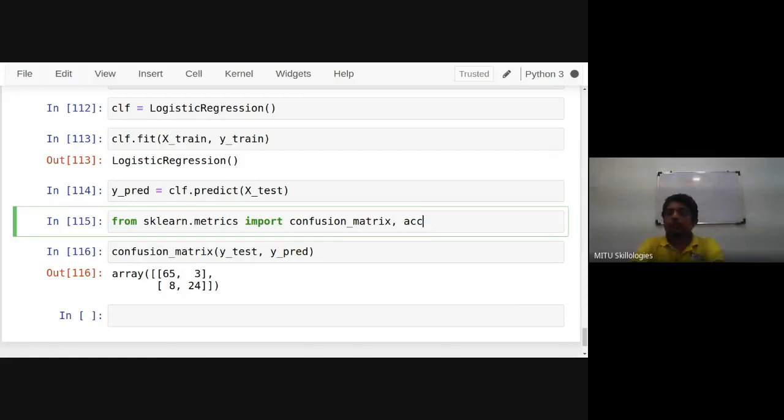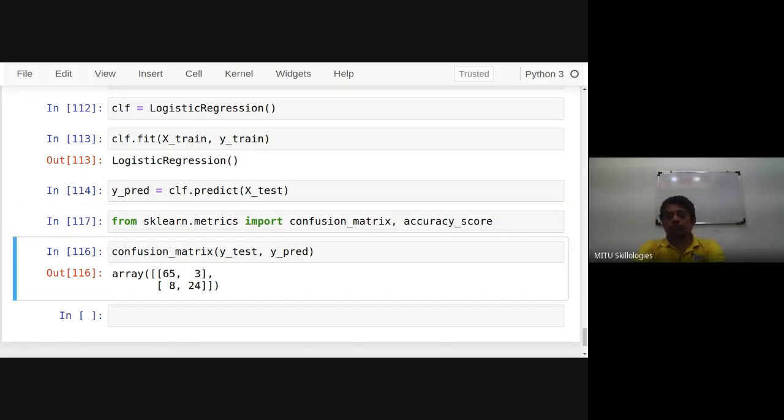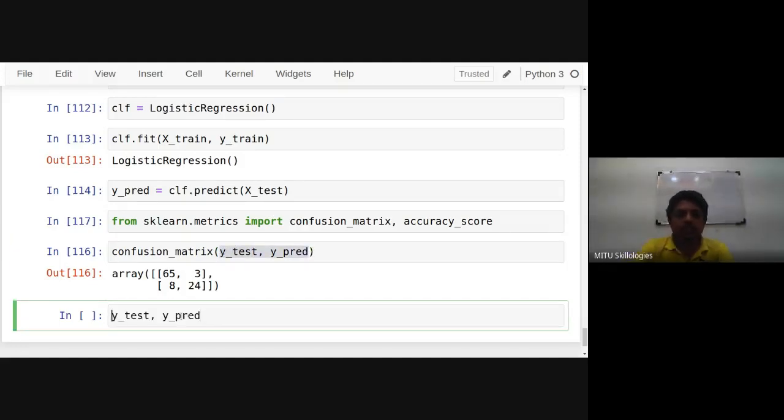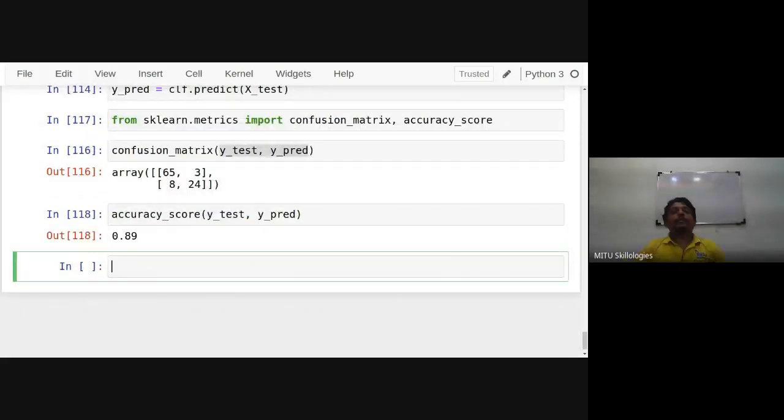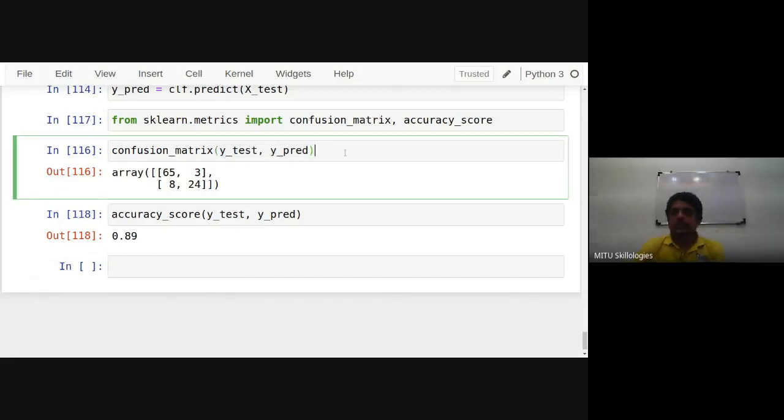That we can find. There is a function called accuracy score, which is used for classification algorithms basically. Logistic regression is a classification algorithm, that's why you can use it there, and you can see 0.89 is the accuracy of this particular algorithm. This is how the model of logistic regression can be created. It's a class completely done, all the steps of the classification operation. You have to separate input and output.